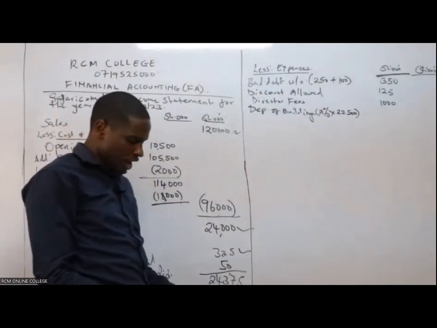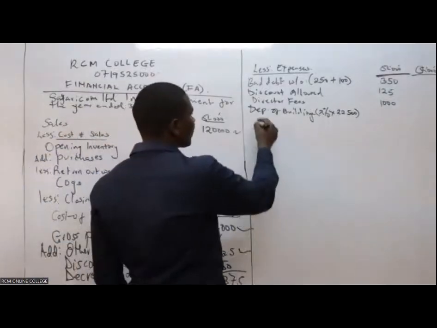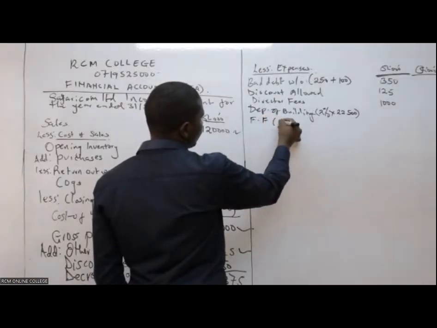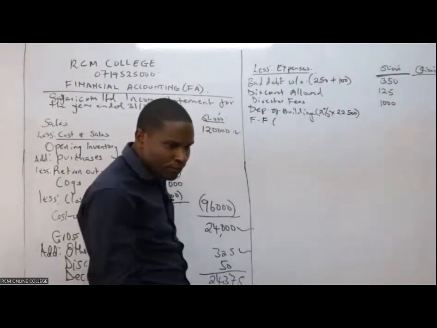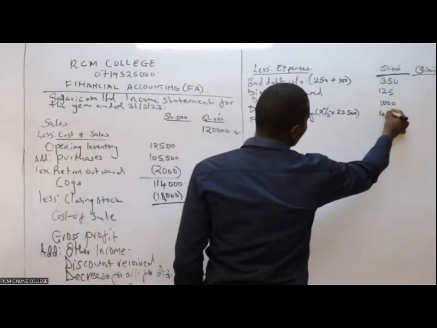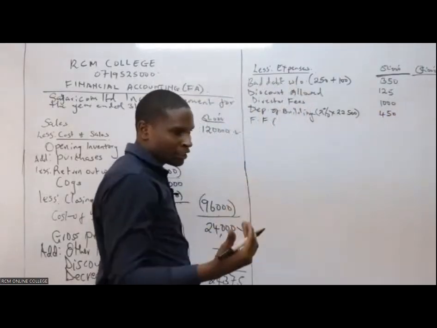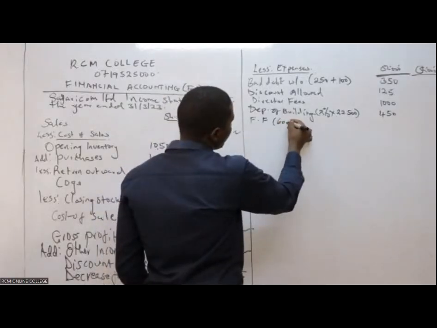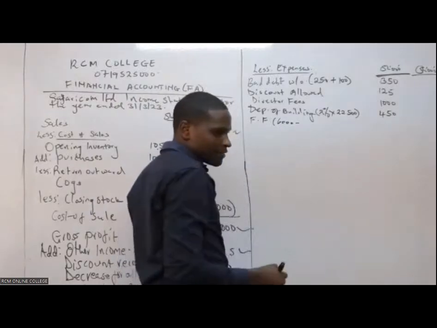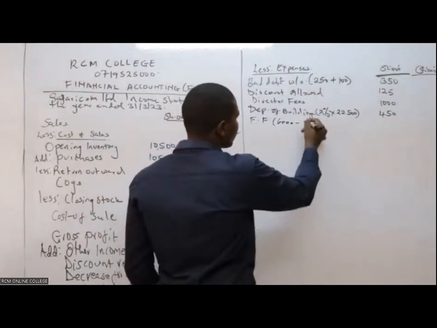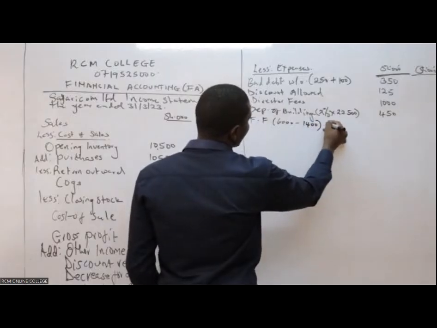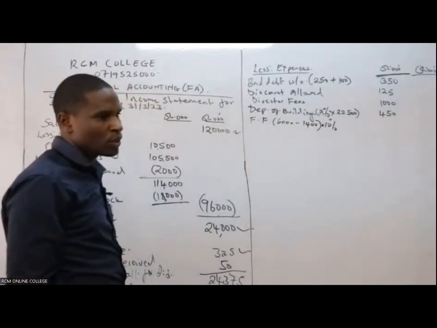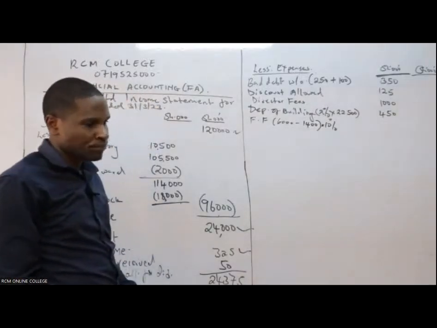Then we go to furniture and fitting. Furniture and fitting is at a reducing balance and the rate is 10%. The cost is 6,000. Nataka tuharakishe ili tuende kwa balance sheet. I want us to go even to the balance sheet. Reducing balance, you have to take cost minus accumulated depreciation, which is 1,400. Then you find 10% of that difference. What is the depreciation of furniture and fitting?